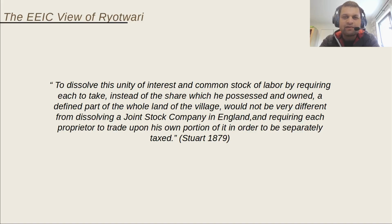unity of interest and common stock of labor by requiring each to take, instead of the share which he possessed and owned, a defined part of the whole land of the village, would not be very different from dissolving a joint stock company in England and requiring each proprietor to trade upon his portion of it in order to be separately taxed. So they recognized the craziness of the Rayatwari system, but eventually, in some form or shape, the Rayatwari